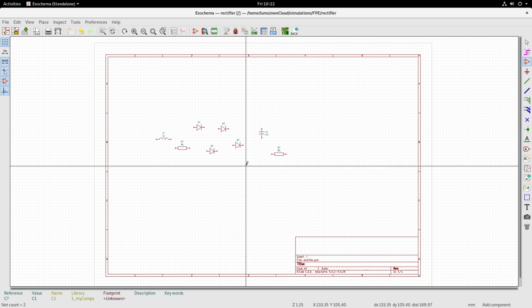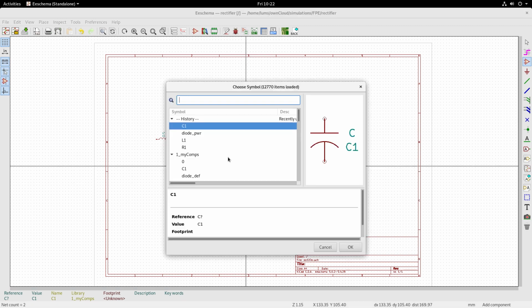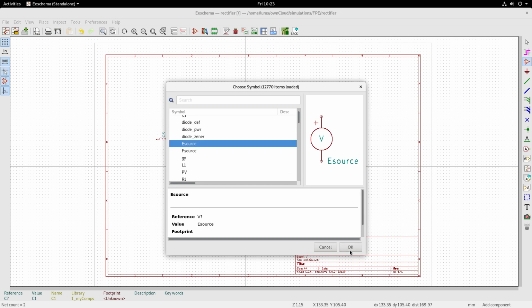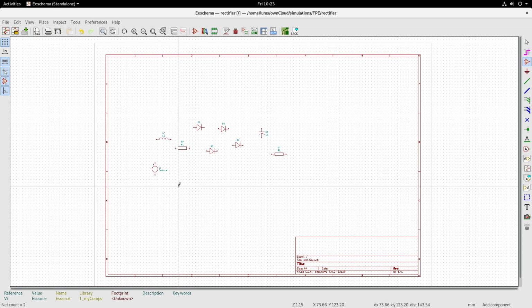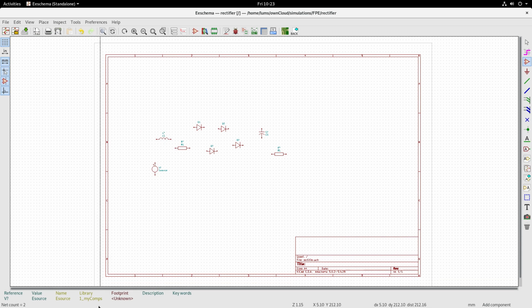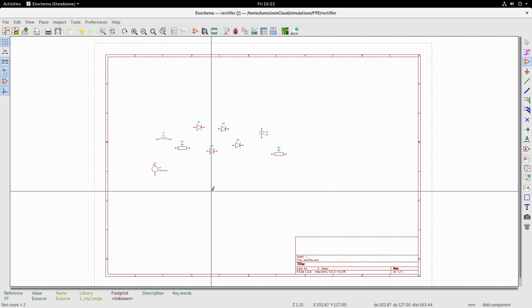This is the hero of the circuit, and you need a voltage source. So we will pick this voltage source. So you see that we have picked all these components entirely from the custom library that we did. Observe here at the bottom, library is from my components.